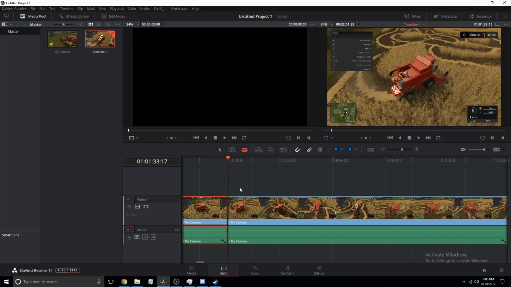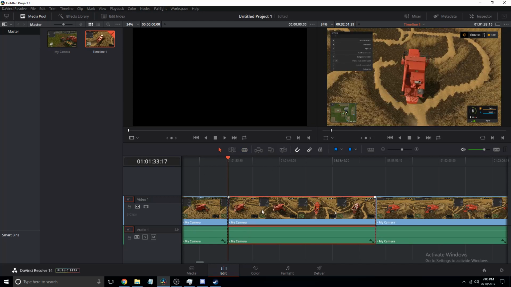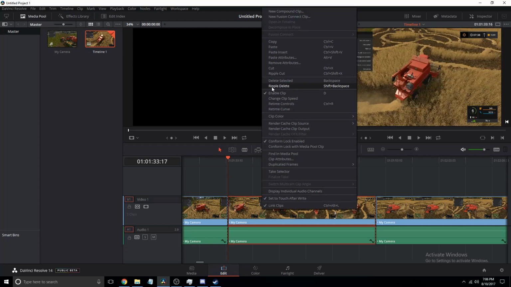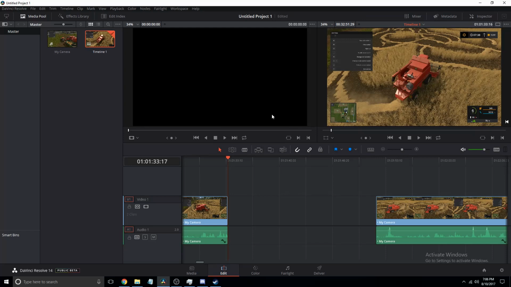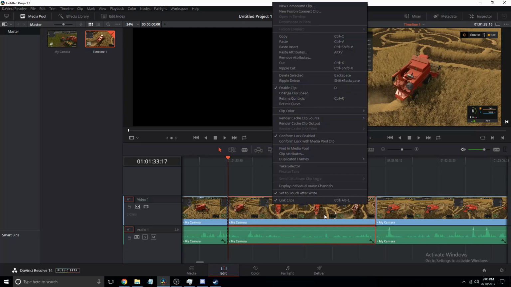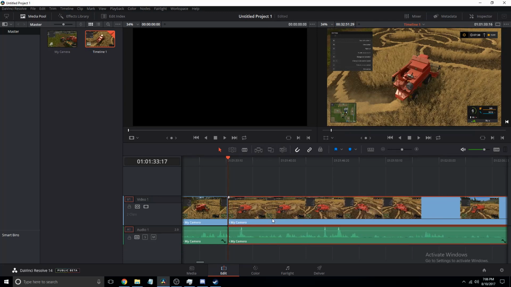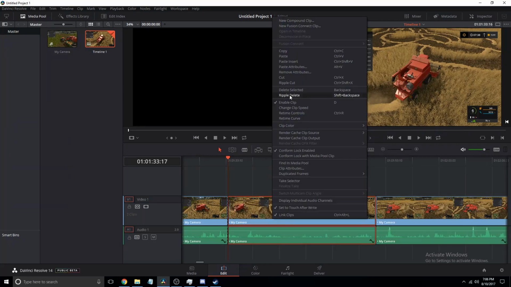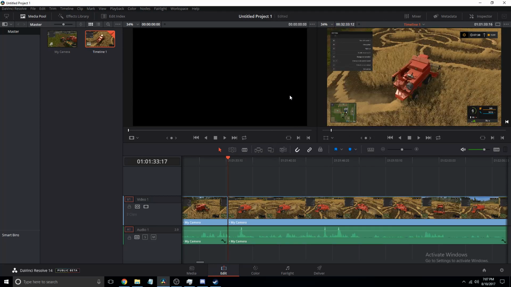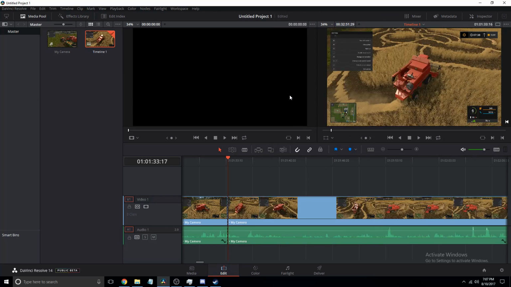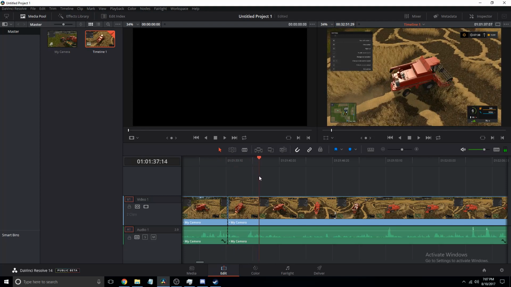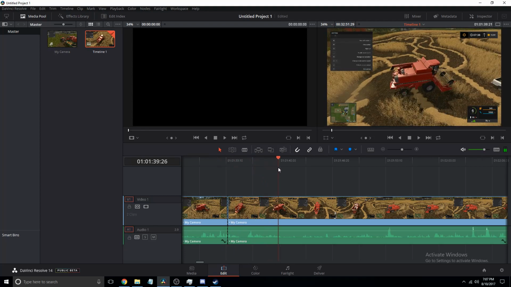Then that's pretty nice. But something that's really nice is this. It's called Ripple Delete. Now what happens when you click that is it deletes the clip like that, but then what it'll do, actually let's redo that, okay. Then what it will do is it'll push this clip back for you, so now if we undo those, then we click Ripple Delete, you'll see it does that for me. Very nice. So you'll see the waveforms are there, and you're watching through your video,